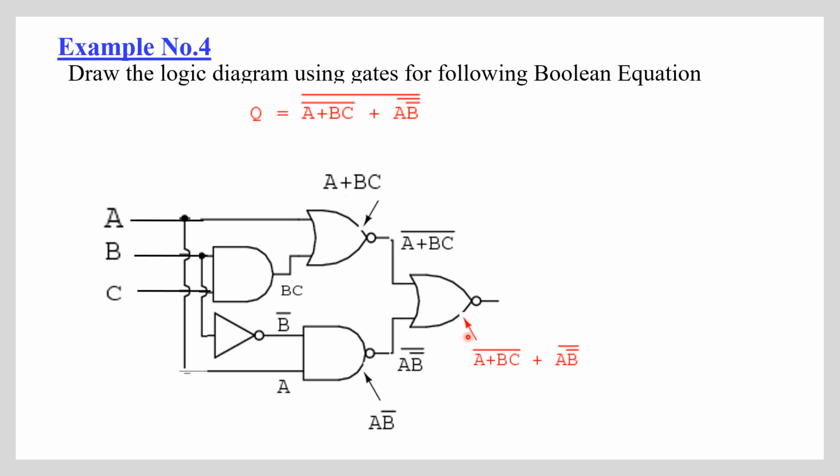Now again this is passed through a NOR gate. This is an OR gate, and a bubble after an OR gate is nothing but a NOR gate. So what we get? We get directly the complement of this equation: A plus B C bar plus AB bar, the whole bar. Got it? So this way, given any Boolean equation, you should be able to draw the diagram for 4 marks.